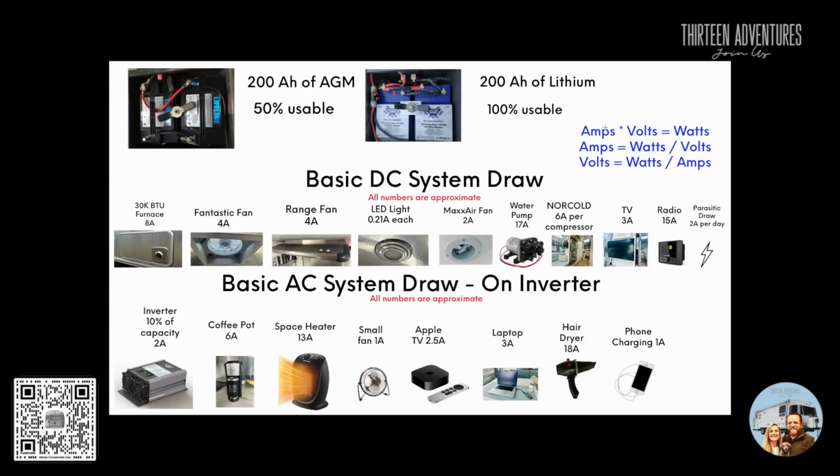And if you ever need to know how to do the calculations to figure out what equals what, I have it over here on the right hand side. So if you need to know the watts of something like an appliance you might have, and it's on the outlet itself or on the plug-in itself, it tells you amps and volts, and you need to know the watts. Here are the conversions. Amps times volts equals watts. Watts divided by volts equals amps. Watts divided by amps equals volts. So that's the mathematical equation you would use to come up with some stuff. If you have a basic DC system,